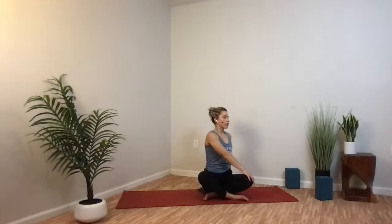And then super simple, let's just see if we can keep that as we inhale to find some length through the whole torso. And then keeping the length on the exhale, twisting over to the right. So we don't need to wrench or go really far into the twist here. The priority is going to be just keeping that sense of ease and spaciousness through the side of the waist